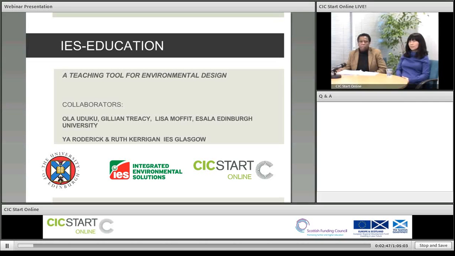assess environmental performance in buildings. How could we use that, or parts of it, as a teaching tool for our students? Because it's a very complex program, and for student education needs, we really were interested in trying to use bits of the program to explain and develop ideas around environmental principles that students could use themselves in developing their designs and be able to model this and see how the effect of different factors in terms of building design